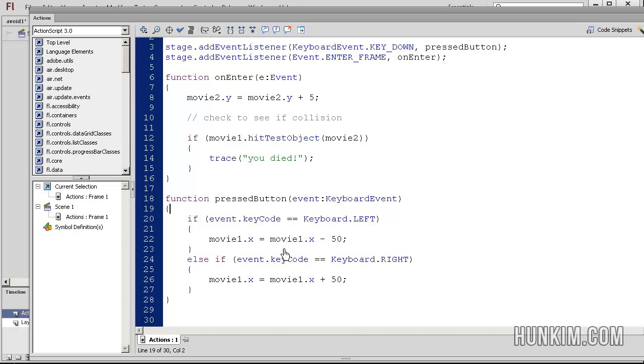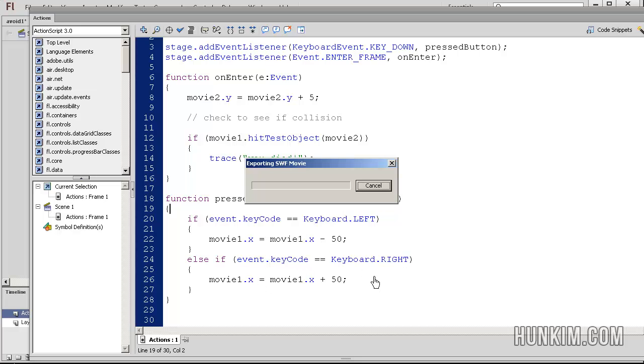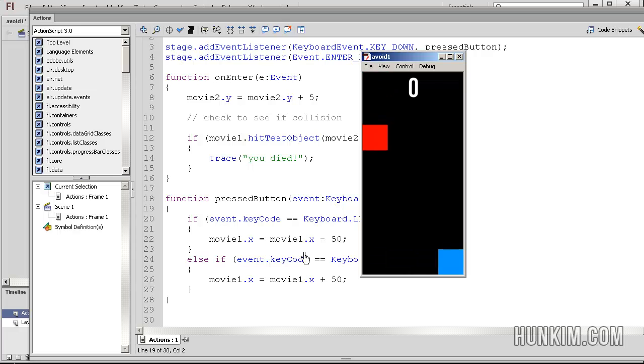to decrease by 50. So I made the hero and the enemy into movie symbols. I'm going to basically jump left. Otherwise, if I hit the right arrow, I'm going to jump right 50 pixels. And you can see that I can move left, I can go off the screen, which is a problem, which we'll deal with later. But right now, I can dodge things and avoid things, and I'm going to finish off this tutorial by talking about this